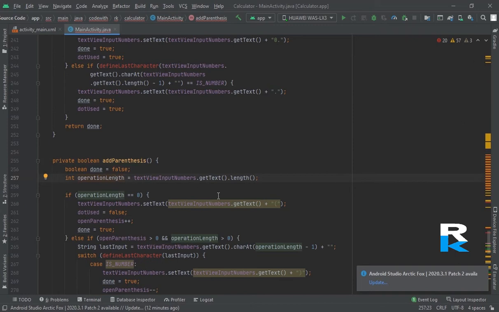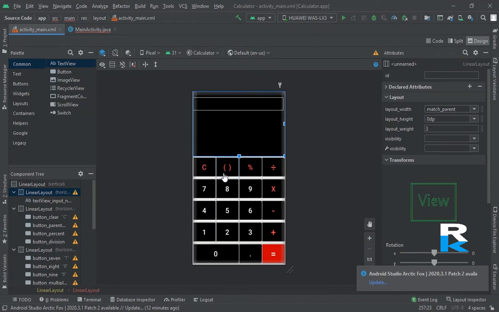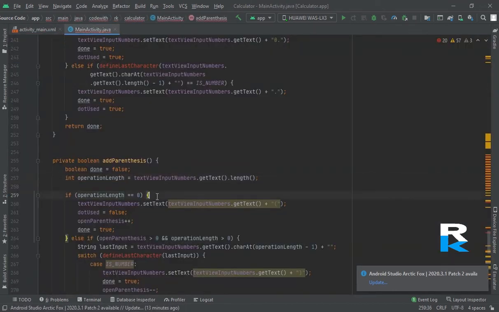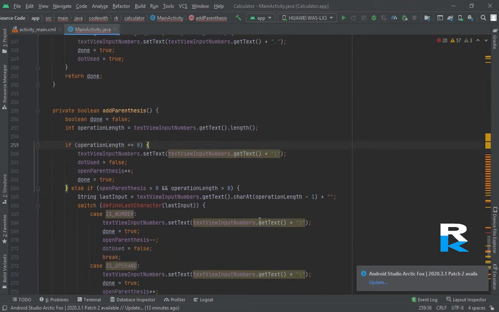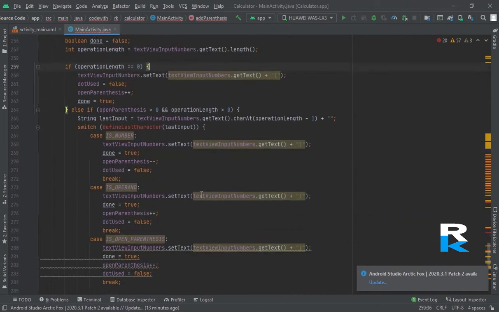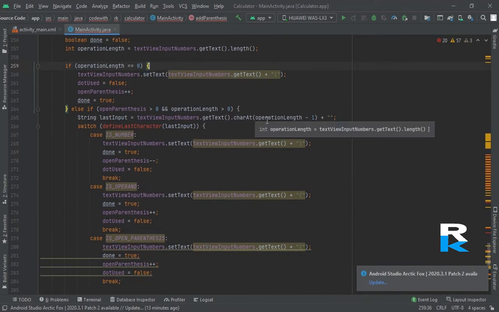Whenever we use this parenthesis, it should call this method. Look, the operation is to get the text from the text view. If that is 0, then set the text like this, an open parenthesis. Else I have created some conditions: it should check the last character, whether it is a parenthesis or a number, an arithmetic number or not.